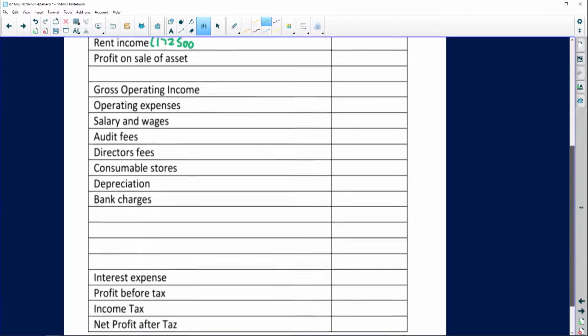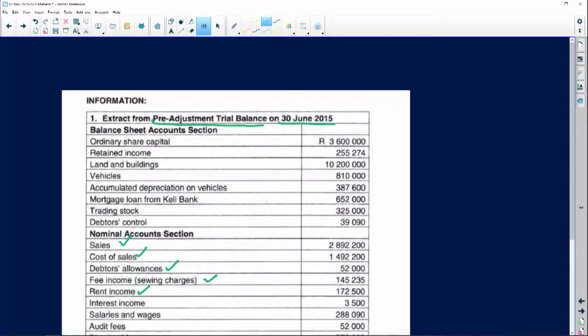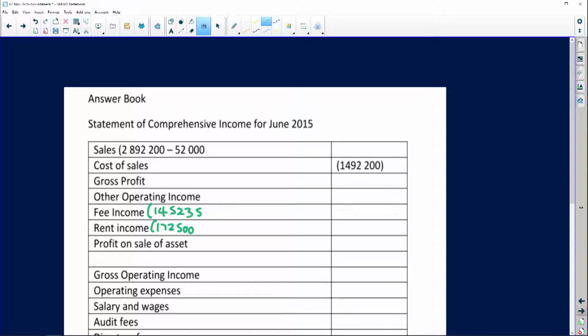So at the bottom, I should have interest income, and in brackets, an amount of 3,500. Right, next item, salary and wages. So an operating expense, let's bring this down, 288,090. Okay, so salary and wages in brackets, bringing down for the year before adjustments,